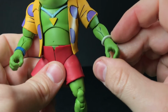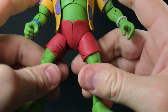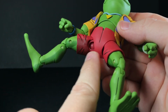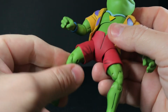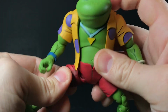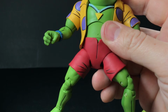I like that they actually have these sculpted on here, this bracelet and this wristband, because they don't fall off when you change the hands. The hip joints are really good. I really, really like these brand new NECA hip joints, where they have the ball in there, and then they have the plastic piece inside wrapped around that ball. Because right out of the package, it just always moves so easily. I have never had any problems with these new hip joints. And I wish all the NECA toys had them, and pretty much everything since the Rock Soldier, I think, do,